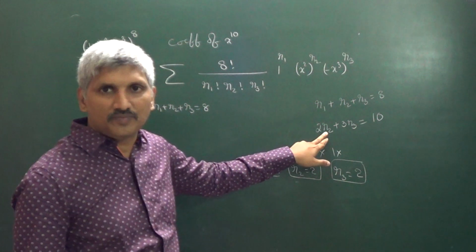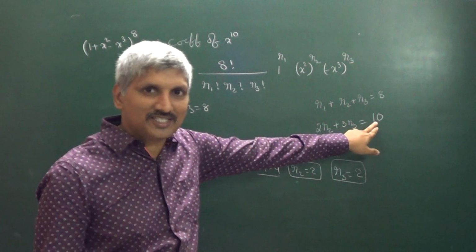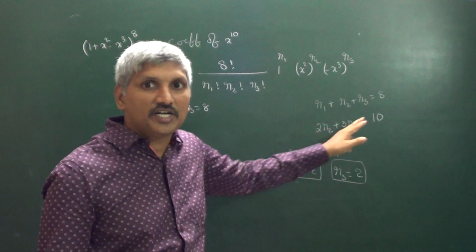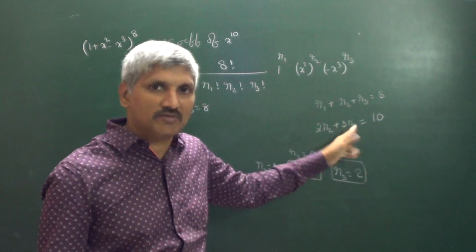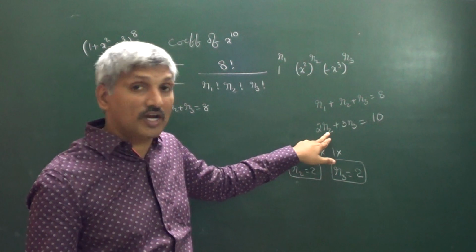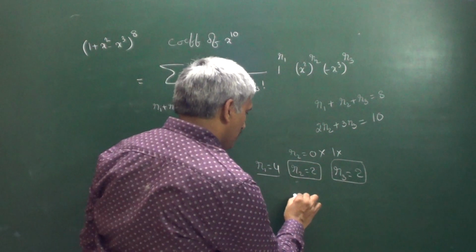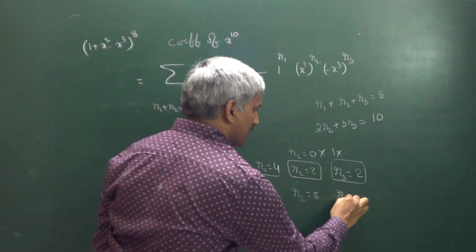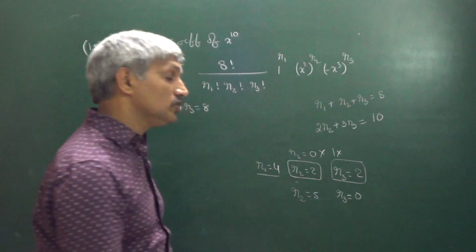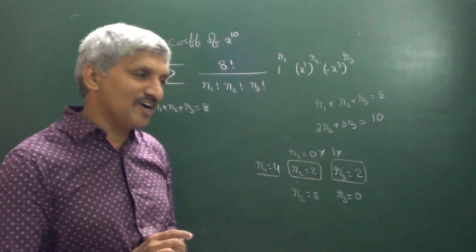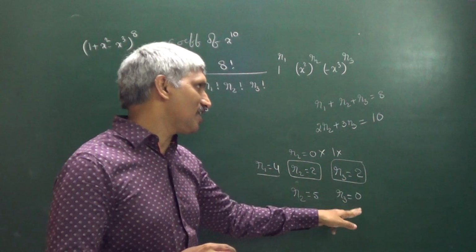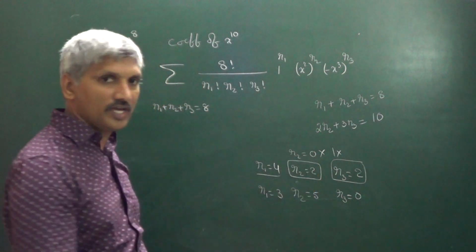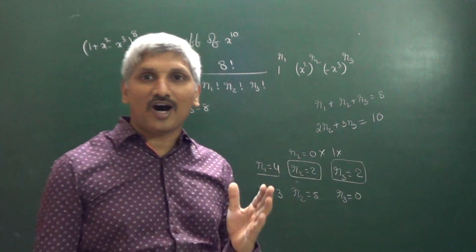Next 2 is over. If you take 3, 2 3s are 6, 10 minus 6 is 4, not divisible by 3, so no. Next we are taking 4, 2 4s are 8, 10 minus 8 is 2, 2 by 3, no. Next we are taking r2 equal to 5. 10 10 cancel, and we get the value of r3 equal to 0. But the condition we have is r1 plus r2 plus r3 must be equal to 8, so the value of r1 is equal to 3. So these are the r1, r2, r3 values.